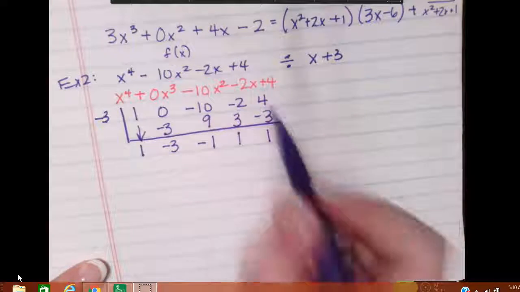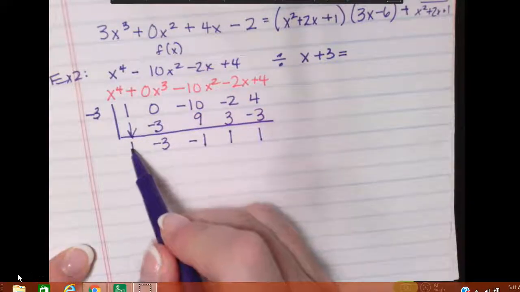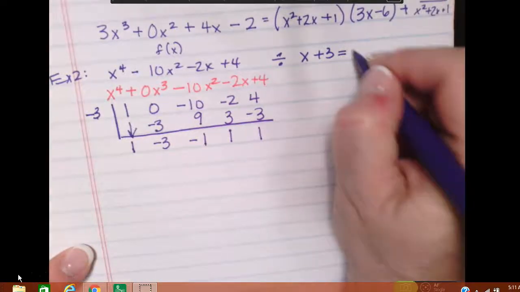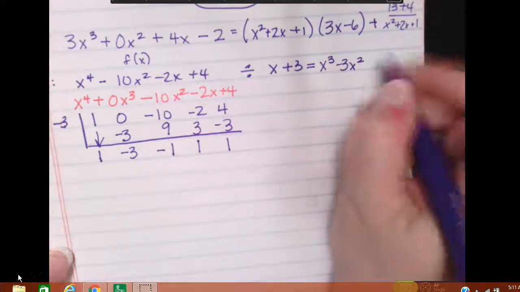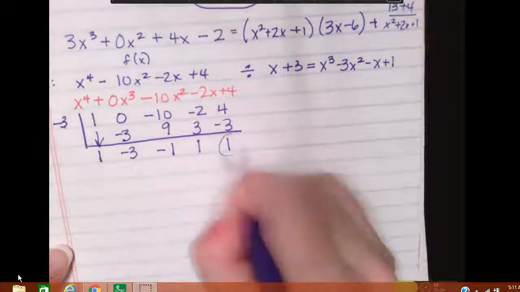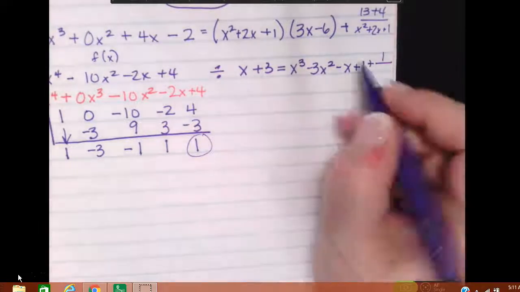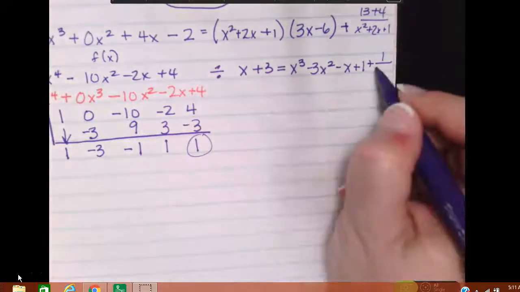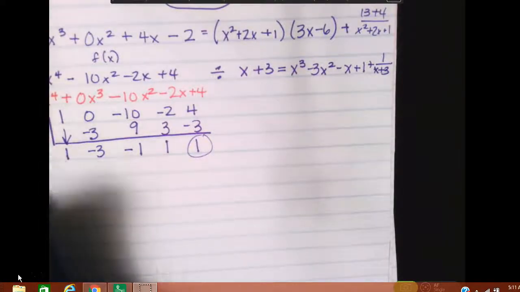So the solution to this division problem is, I take this 1, and that's going to be the coefficient of an x cubed term now, minus 3x squared, and you just go in descending order of the variable, minus x plus 1, and then 1 was my remainder, so I go plus 1 over the original divisor, which was x plus 3. Okay, so I think that's a much nicer